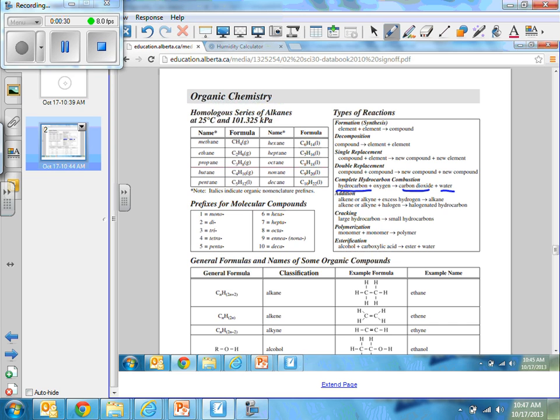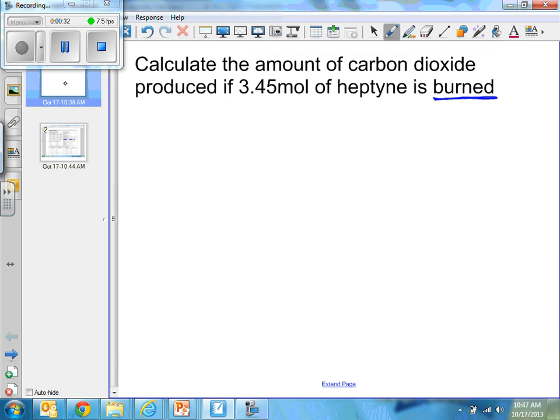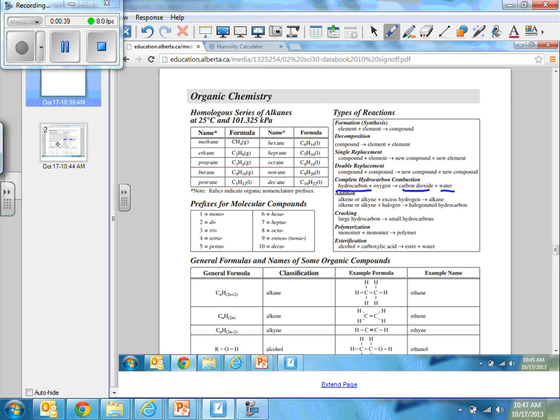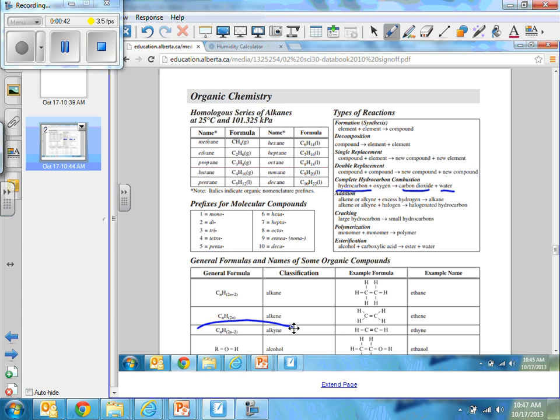You don't need to memorize that. It is given to you. So we're going to set up our equation. So we have our hydrocarbon, which in this case is heptane. The formula for heptane, so for an alkane, we have